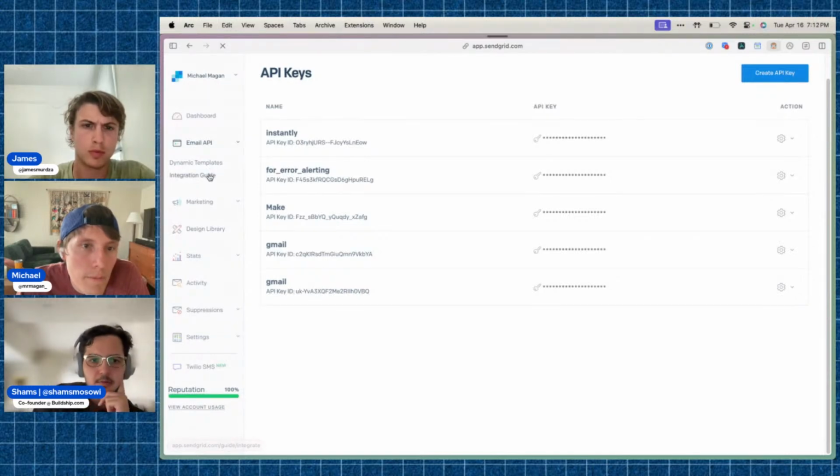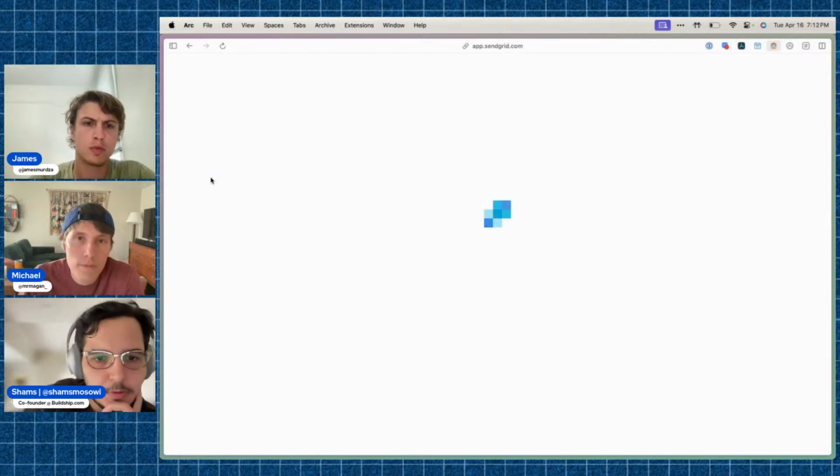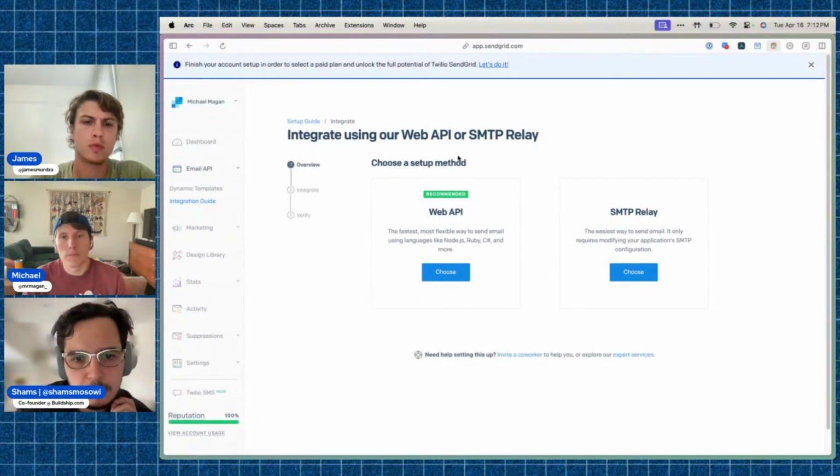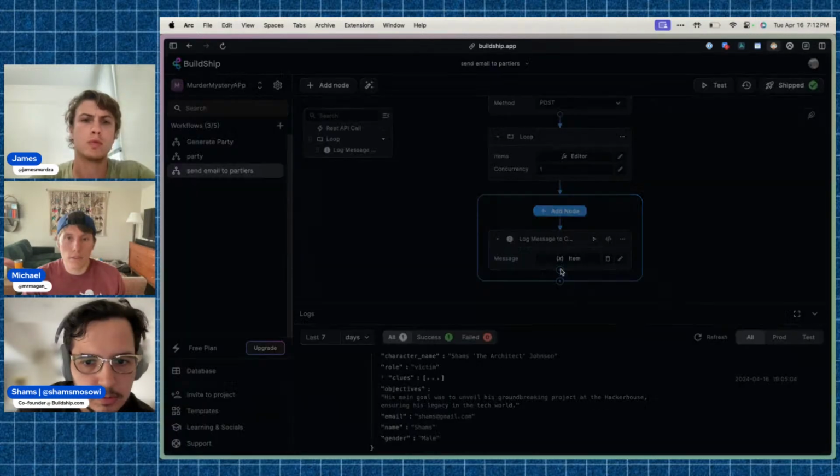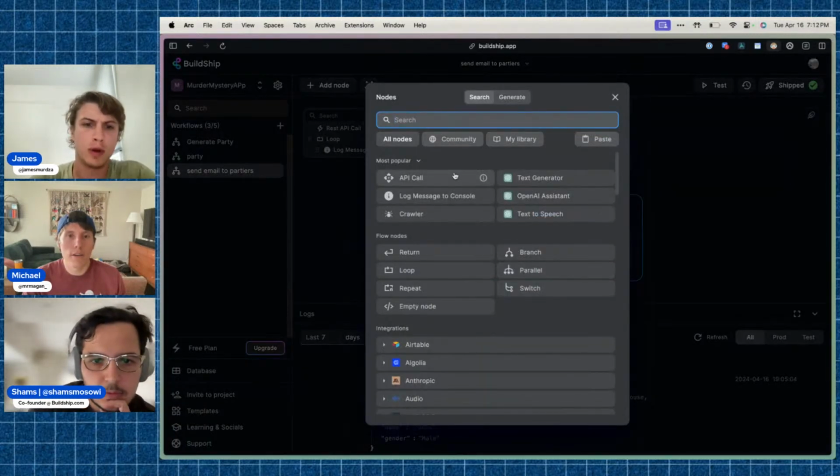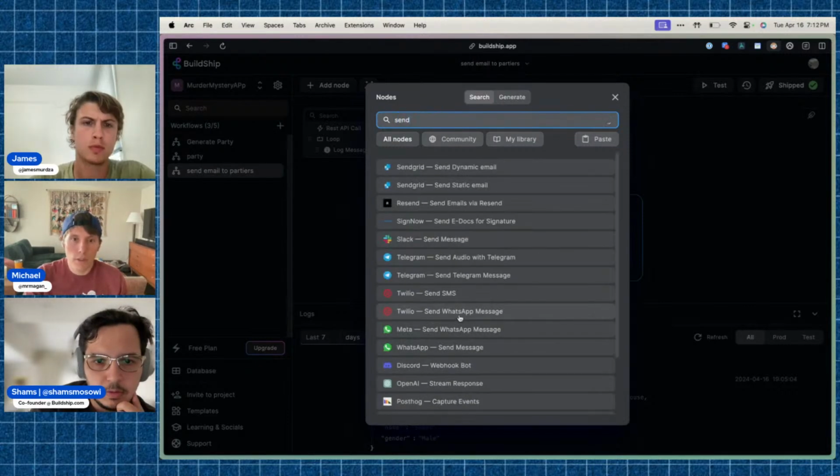Integration guide, I don't think we need that. We probably just need an API key. But do you know which domain it's sending from? Yeah, I do.